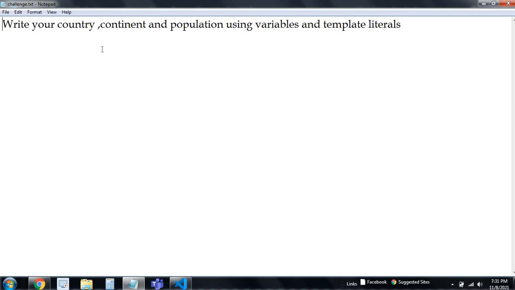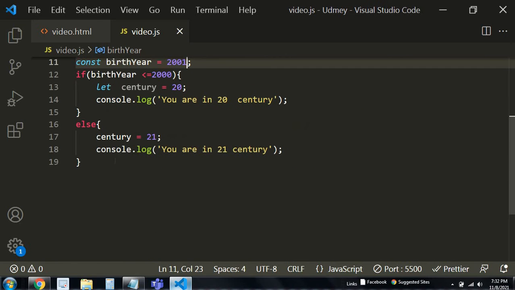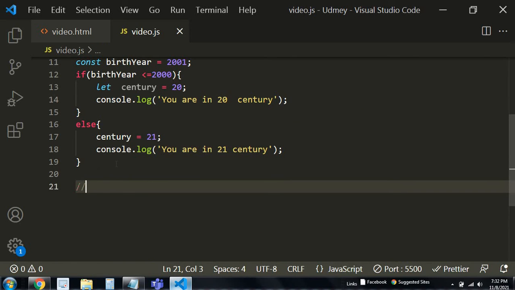What you have to do is write your country, continent and population using variables and template literals. Suppose my country is India, the continent is Asia and the population is 40.5 million. You can just give a random number. I'll just do it over here.